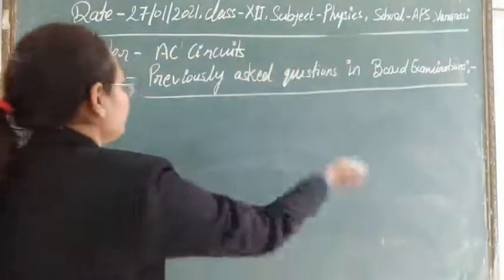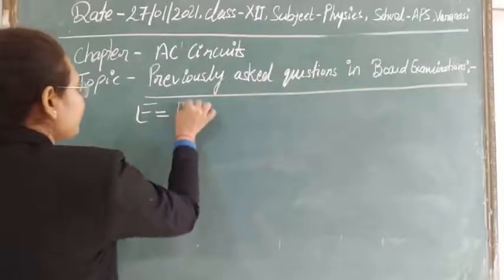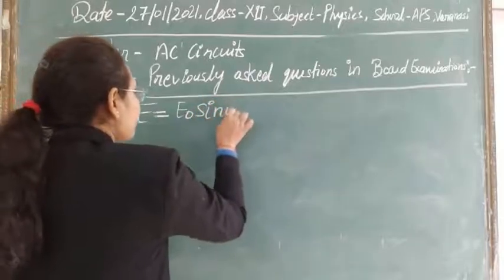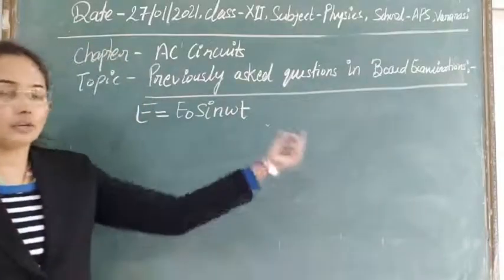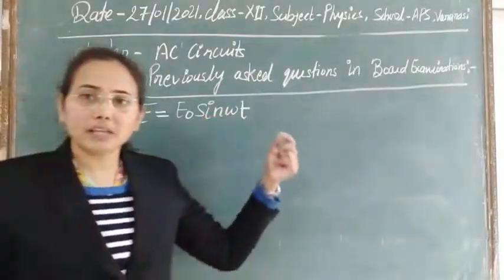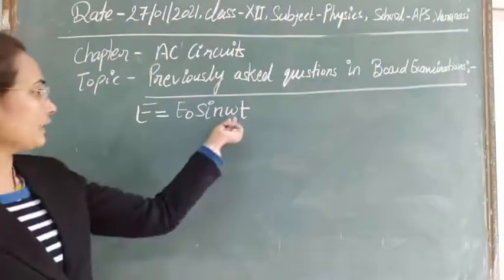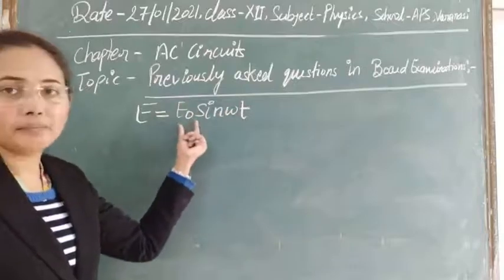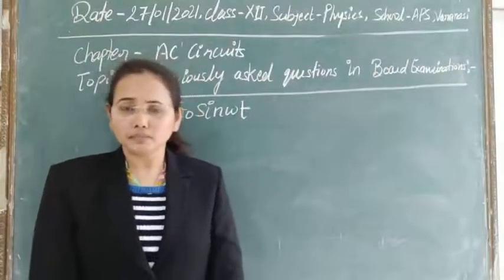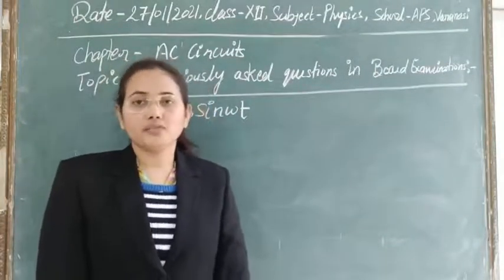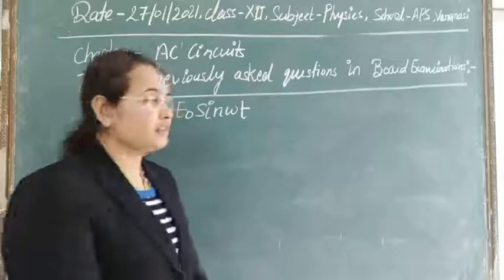First of all, an AC signal is represented by a sine function, so E is equal to E0 sine omega t. This is the harmonic function, meaning AC signals move in the form of harmonic waves, where omega is the angular frequency of that wave, and E0 is the maximum value of voltage, which in the case of a wave is known as the amplitude. So in the case of voltage, this is the amplitude of the voltage, or simply the maximum value of the voltage.